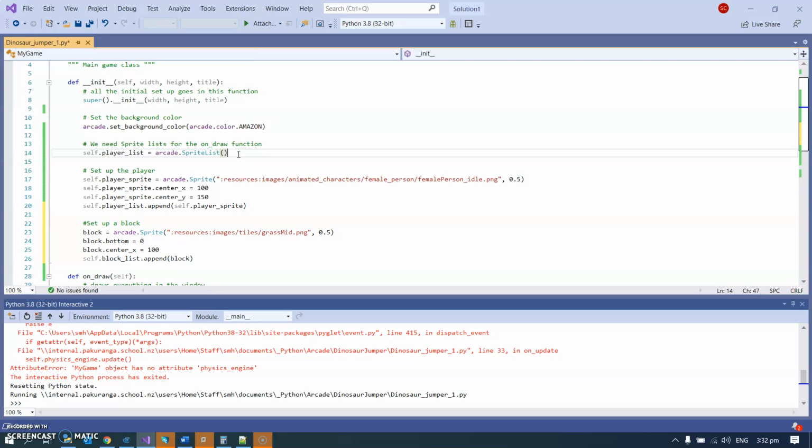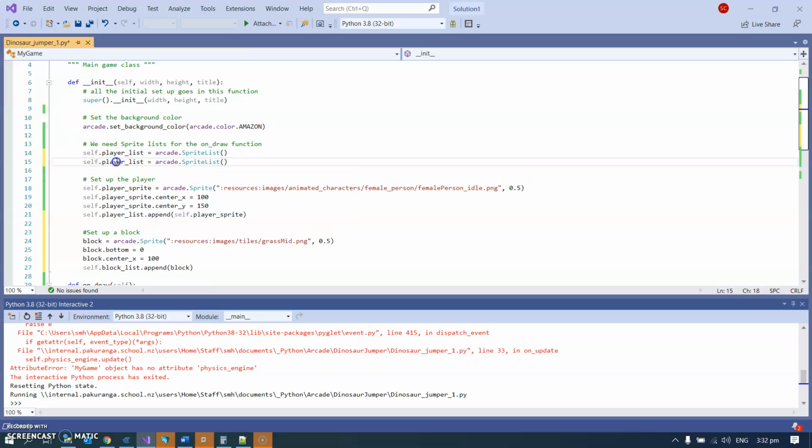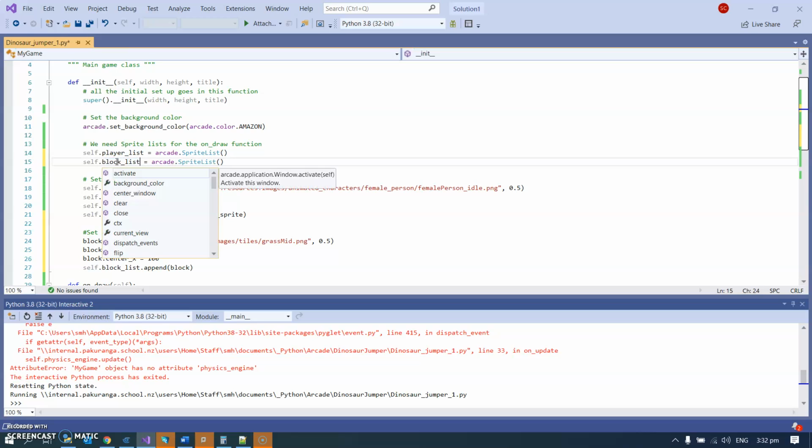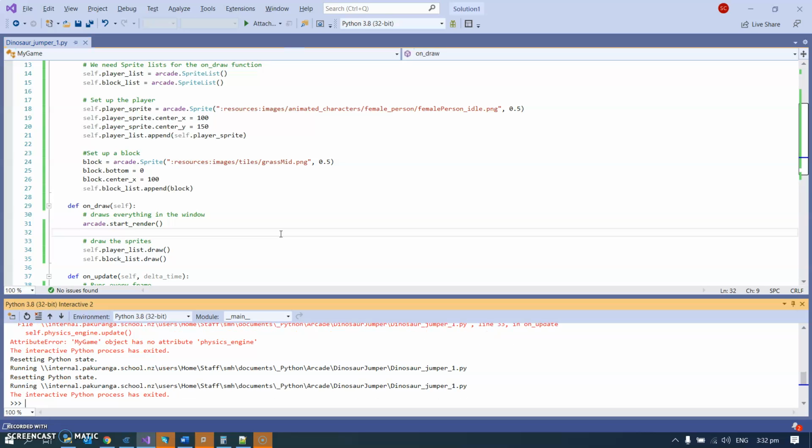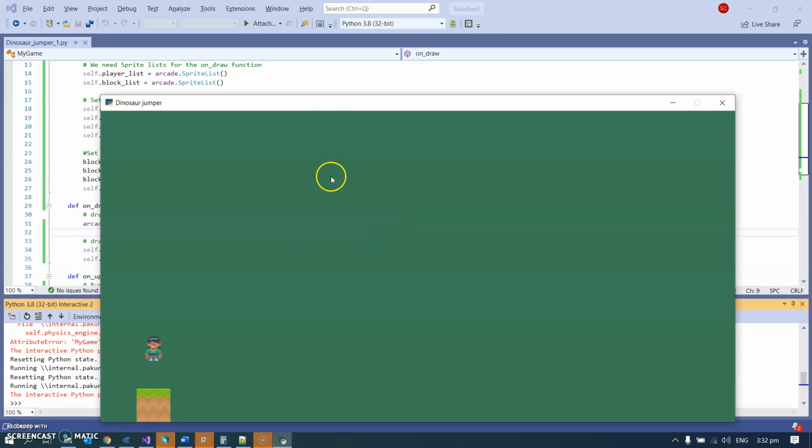I should do that. So what I shall do is, rather than retype this whole line and change to block list, I'll paste and change to block list. And of course I will need to render that down here. So self.blocklist.draw, and let's save that. And let's Alt Shift F5 and see, hopefully I've got a player object and a block